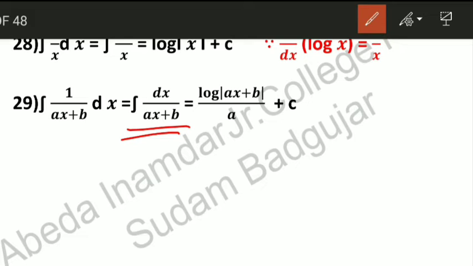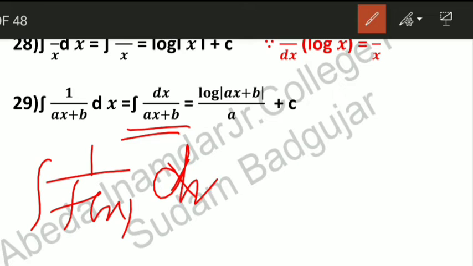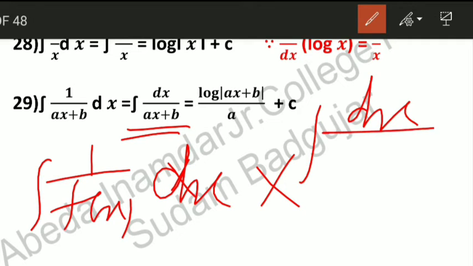Again here you have to observe this: the integration of 1 upon f of x is not possible in general. If it is given, then you have to apply another method, don't apply the direct value. Suppose it is the integration of dx upon 3x square minus 5x plus 1, don't take log of the denominator, it is not possible. It has other cases, by completing the square method, by factorization method, means by partial fractions, whatever it may be.